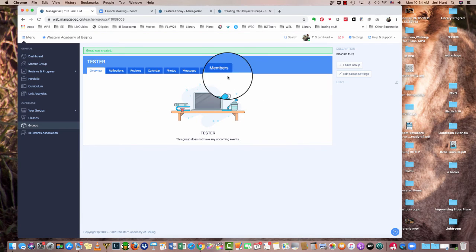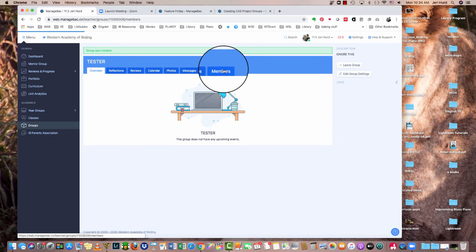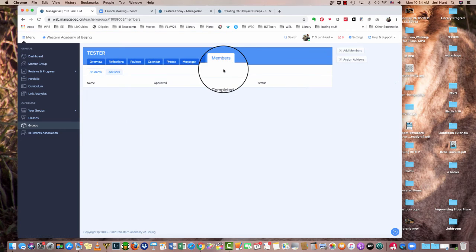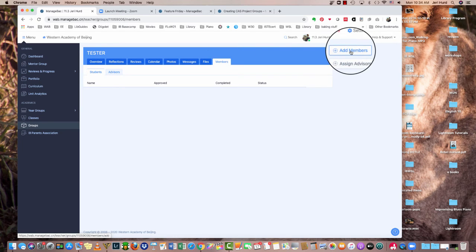Okay, and now if you go over to the members tab, this is where you can add students to your group. Our great slow internet. Okay, so go up to add members,